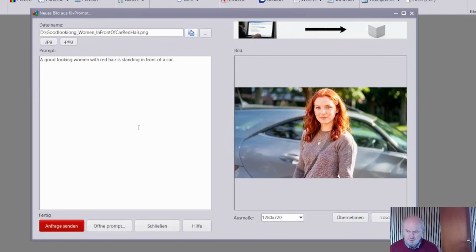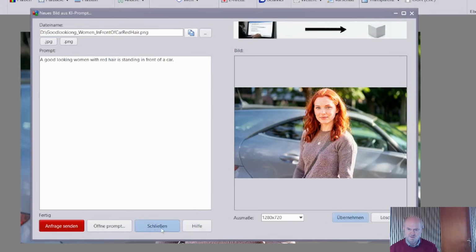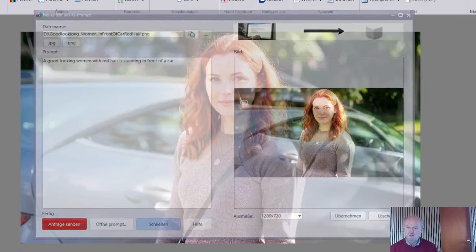So, and now you receive this result, and you can see the woman has now red hair. And I can now take it over in my image editor, or if I'm not satisfied with this, I can also simply delete it. Okay, and now we're going to Delphi